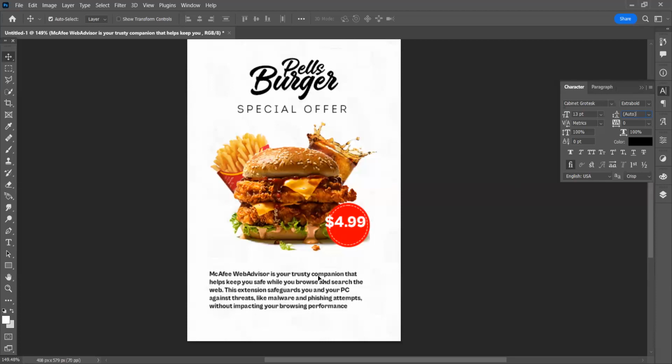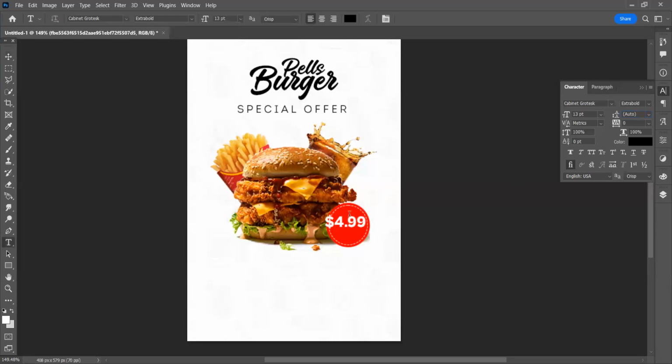Let me delete it. So I want to reduce this now, 4.99. I want to reduce the 9.99. What do I do? This is where I can set the font size. I will just reduce it. Okay, I think we can achieve it from here. So now can we see it?